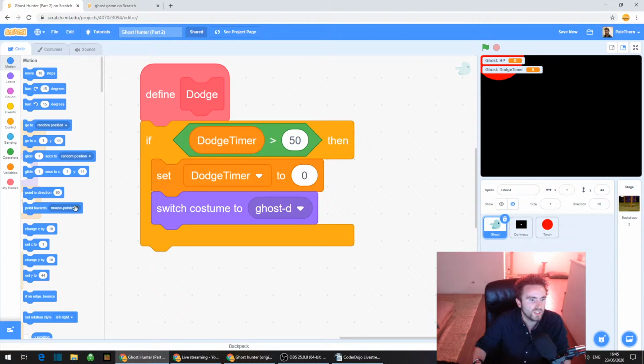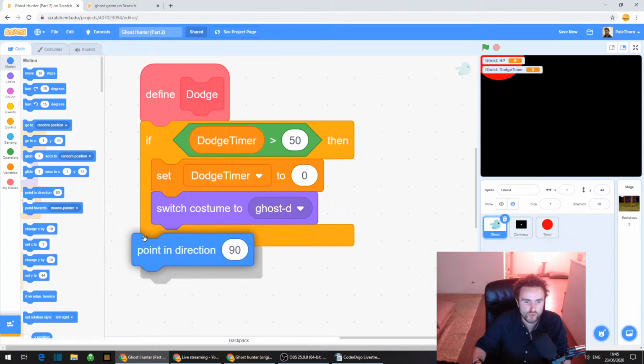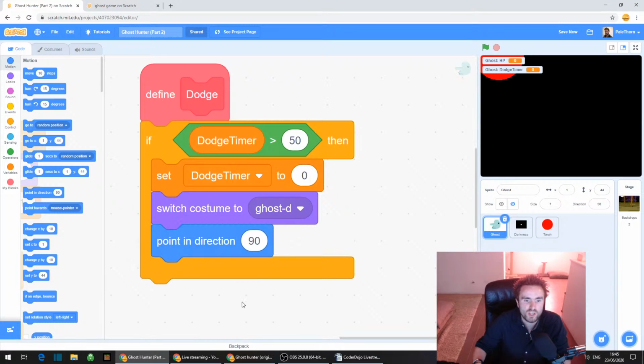There isn't an easy way of doing this without using another, what's the word I'm looking for? Pick random number. So get out point in direction 90. That's like in the middle of these codes. Drag that out and put it right underneath switch costume to ghost D.